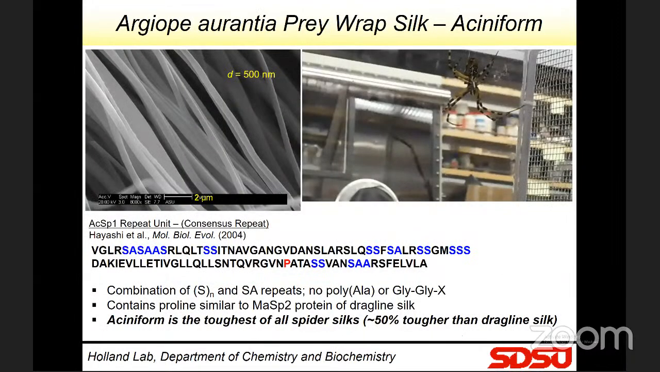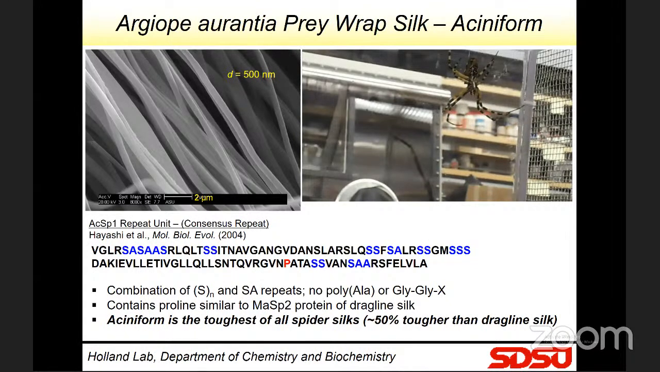So the aciniform silk, or the prey wrap silk, I'm just going to show you a video here. This is a student collecting it in the lab. These Argiope aurantia spiders react to vibration near the web. The video here is just a student vibrating tweezers near the web. You get it just the right frequency, and the spider will jump off onto the tweezers and start to wrap it, just like it would be wrapping up a fly or a cricket or whatever it found in its web that it was going to save to eat